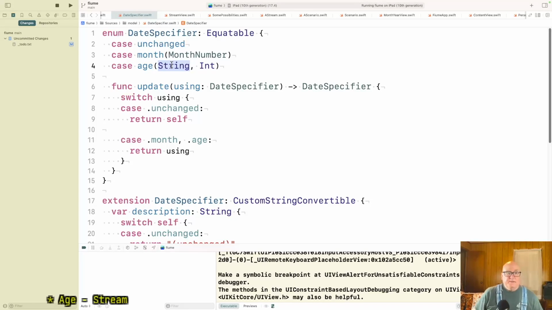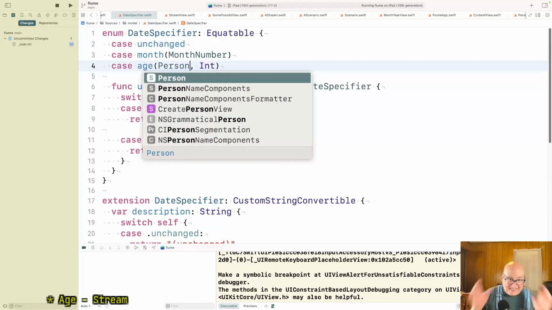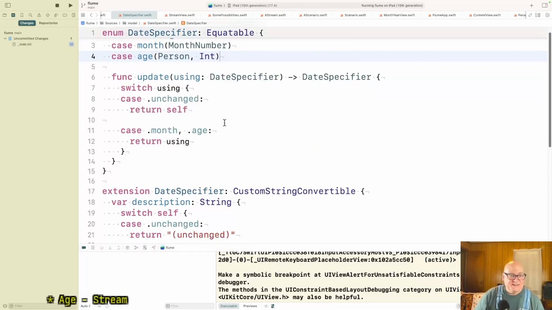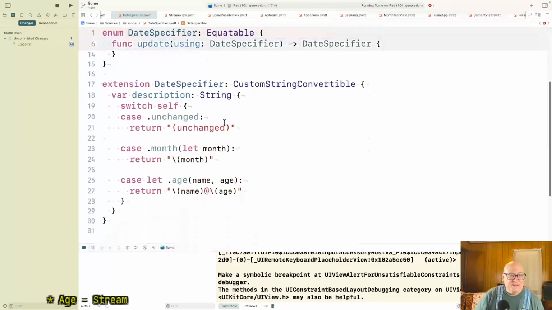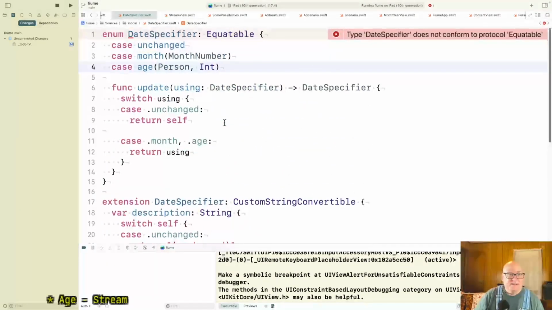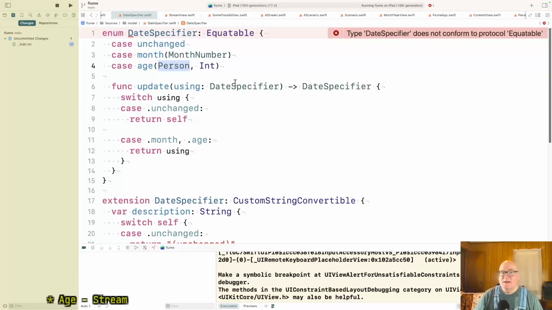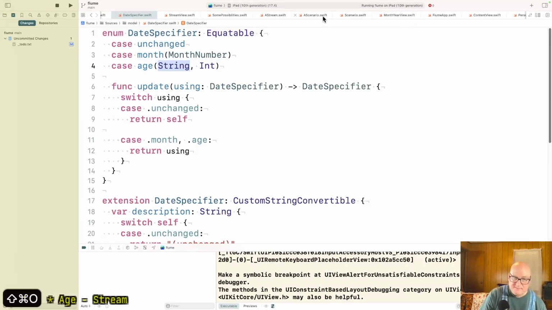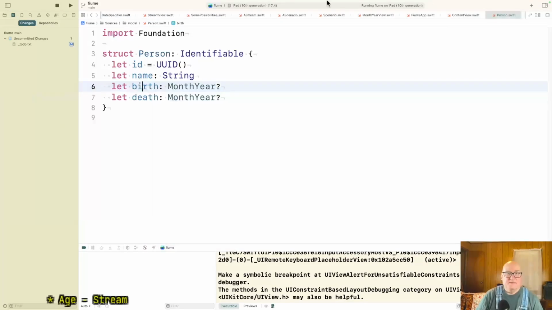Yeah, I kind of think we do. All right, let's change that. Okay, person. Now, everybody's going to break. Oh, person's not equatable. Okay, let's go back. Person is identifiable.